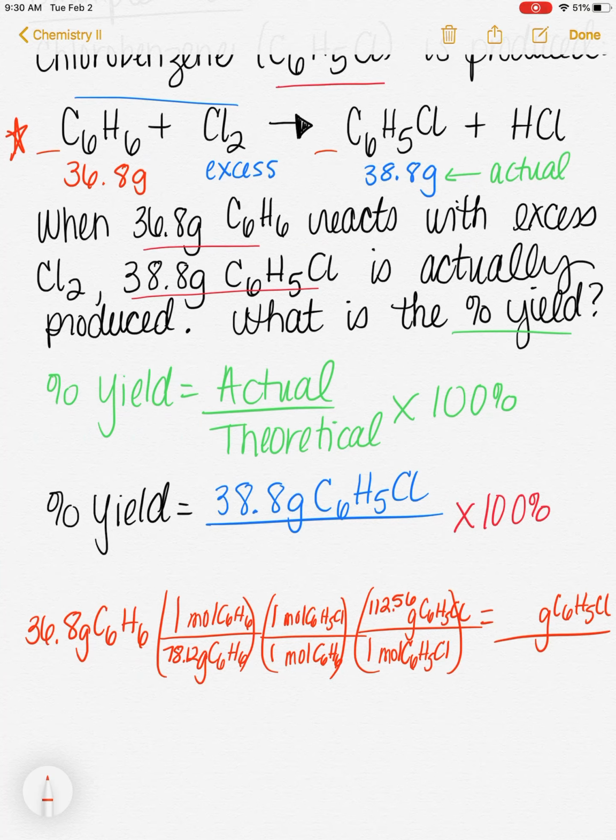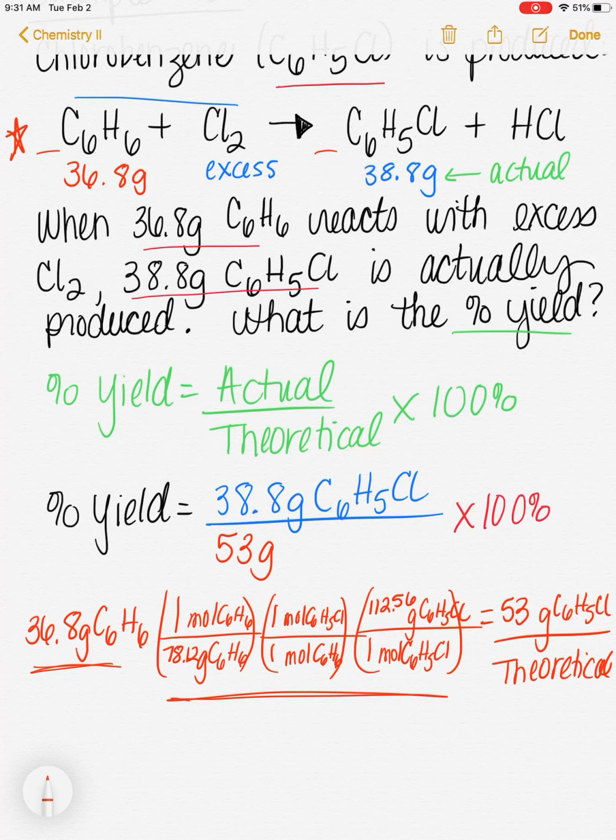and then multiply by the 112.56. And when you do that you get 53 grams of C6H5Cl. That right there is your theoretical value. That's how much you could make in a perfect world, given the starting amount that you have, the balanced equation, and stoichiometry. So now I need to take that number and put it in the denominator of my percent yield